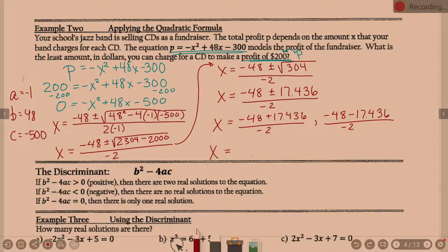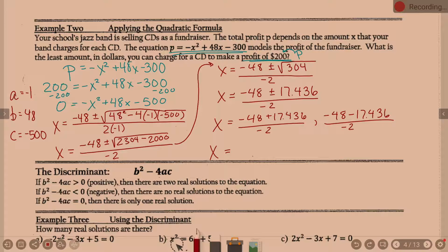Use your calculator, right? I encourage you to try this alongside of us. When you do this on the calculator, I would recommend you enter the top, hit equals before you hit divide